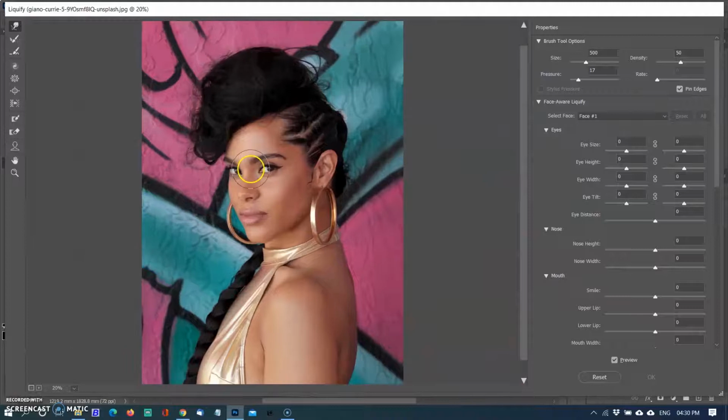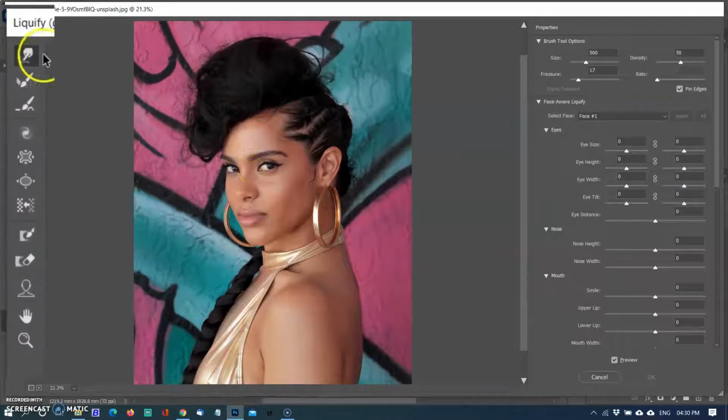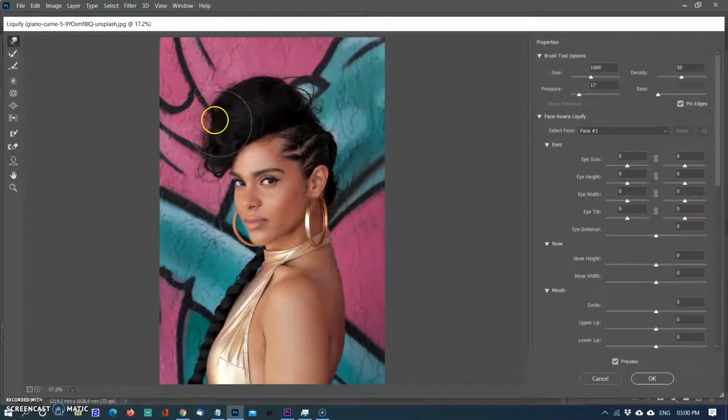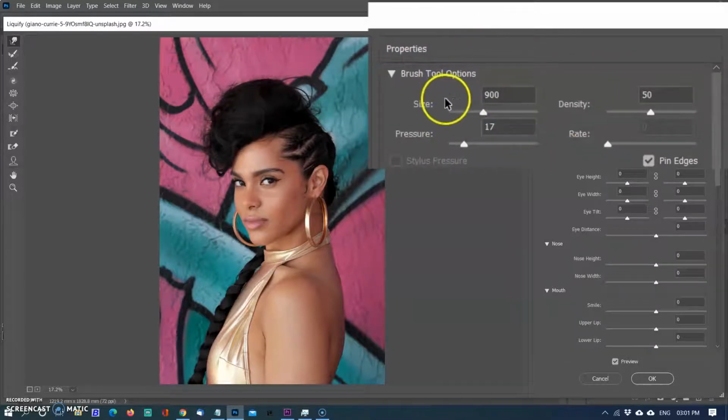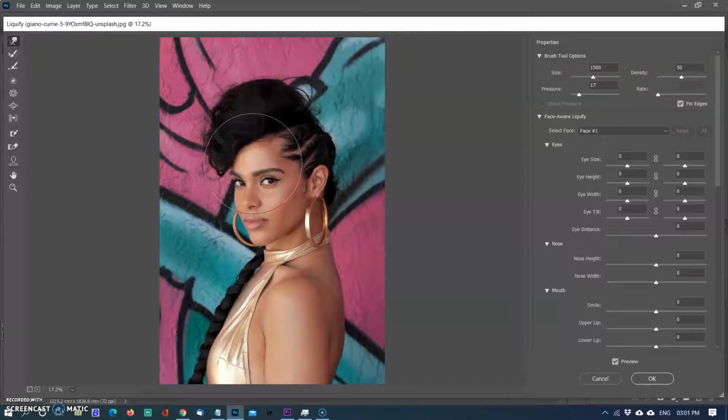Upon opening the Liquify tool, you will see a simple layout with 12 icons on the left and the brush options and mask options on the right. Let's watch all the icons on the left. If you are adjusting hair, clothing, faces or bodies, you will likely be spending most of your time working with the Forward Warp tool. You have four options for your brush tool: size, density, pressure and rate. We recommend starting with a larger brush than you think you need. You can easily adjust the size of the brush using the bracket keys.